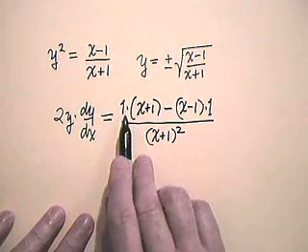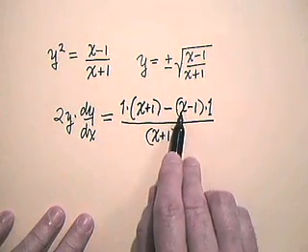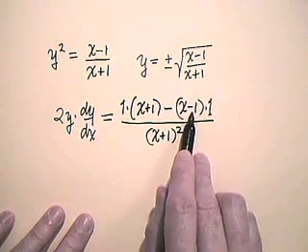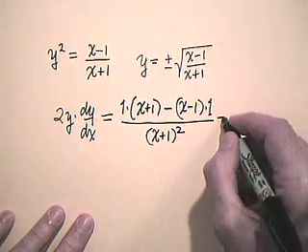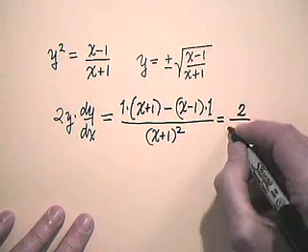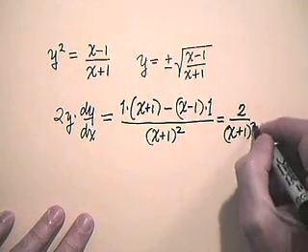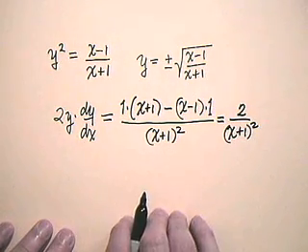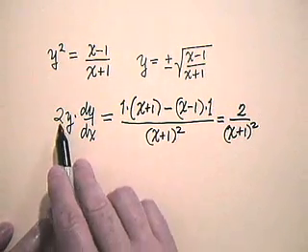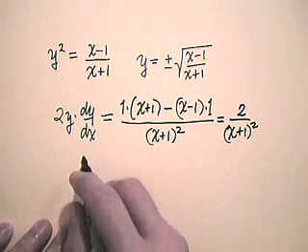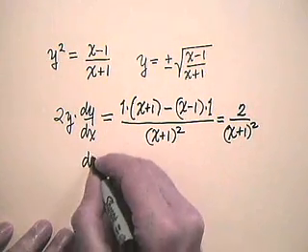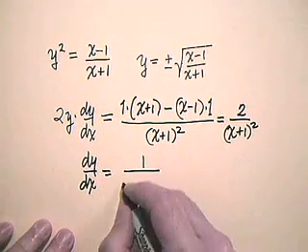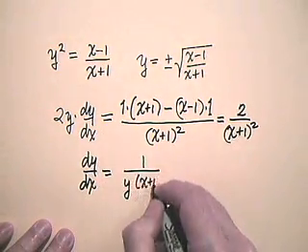Well, notice x minus x, the x's cancel. 1 minus a minus 1, that's 2. So this amounts to 2 divided by x plus 1 quantity squared. Well, notice what's going to happen here. The 2's cancel, and so I'll simply get dy/dx equals 1 over the quantity y times the quantity x